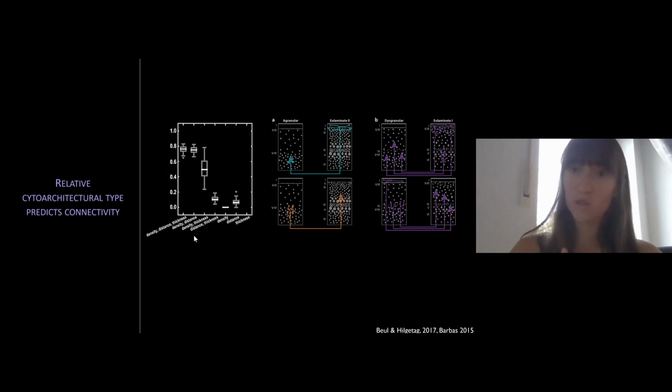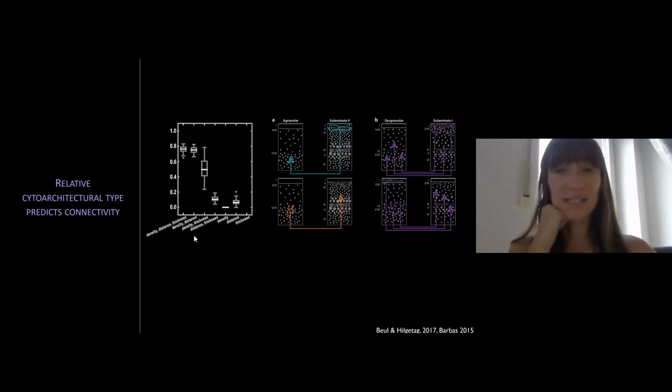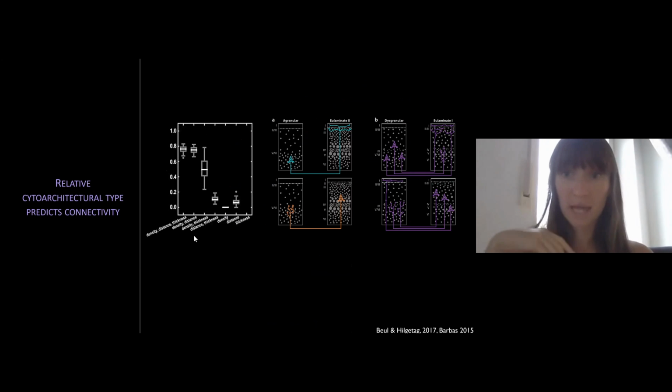Okay, so then on to another principle that we can test. This comes mostly from Helen Barbas's group. They introduced the concept of the structural model, in that microstructural similarity can predict connectivity. They showed that in cats and in macaques, the more similar two regions are in their lamination, the more connections they share. Then, using neuronal density as a proxy for cytoarchitectural type, Beul and Hilgetag clearly demonstrate this relationship